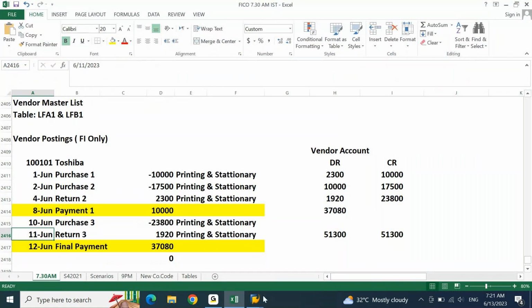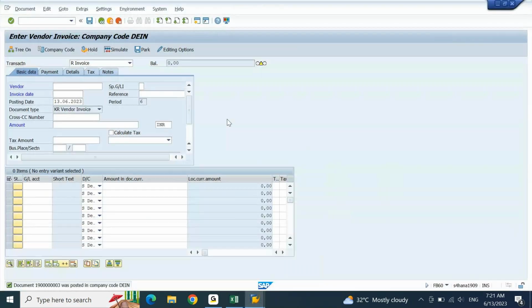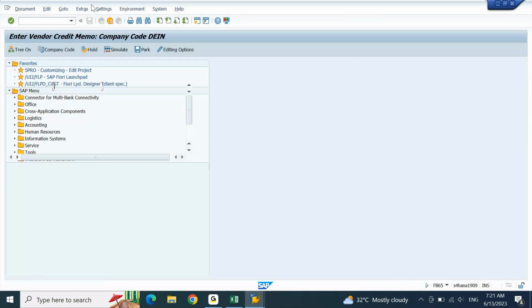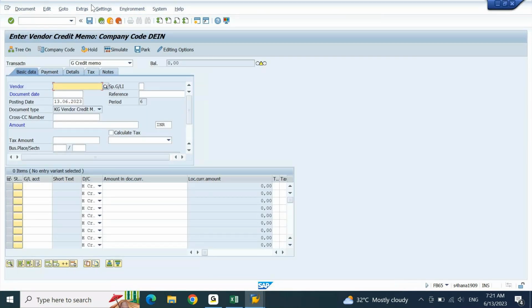For purchase returns, you can use the same single screen transaction code FB65. FB60 is used to pass the invoice. FB65 is used to pass the credit memos. Go to FB65. First thing that you will have to check is your company code, whether your company code is updated properly or not. If your company code is proper, input the transaction, put the vendor number 100,101,